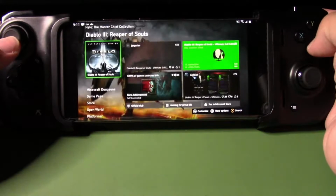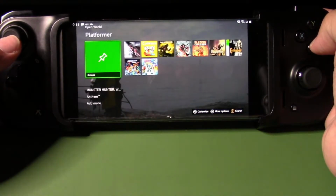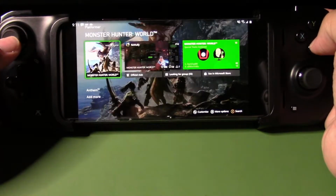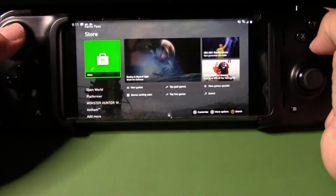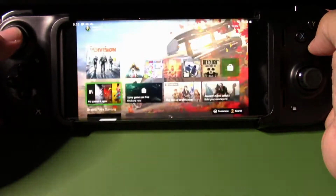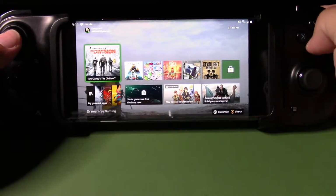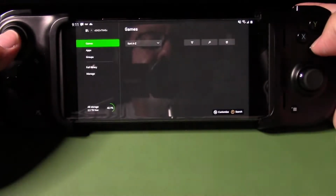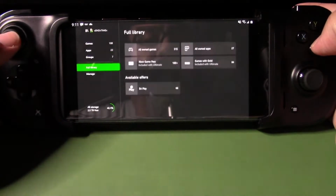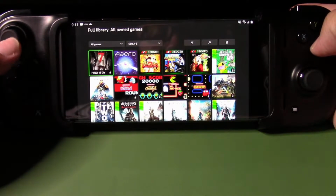And as you can see, I'm scrolling down through all my games. Very responsive. Almost 100% zero lag. And yeah. And just to show you that it does work, we are going to load up or try to load up some games here so that you can see what I was saying before. I'm going to go to my games and apps. I'm going to go to the full library, and I don't have everything downloaded that I own, but there's a